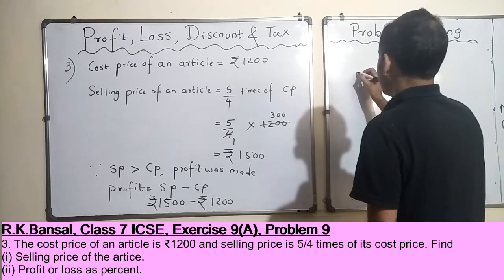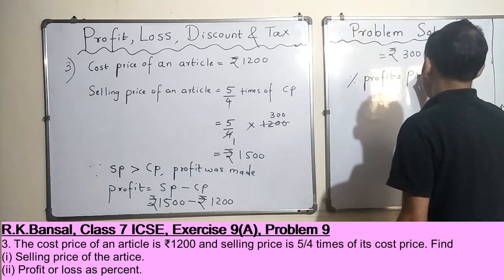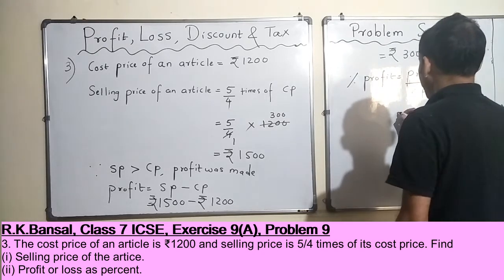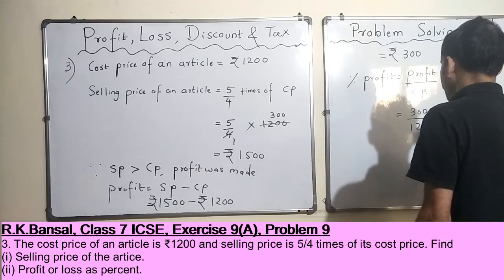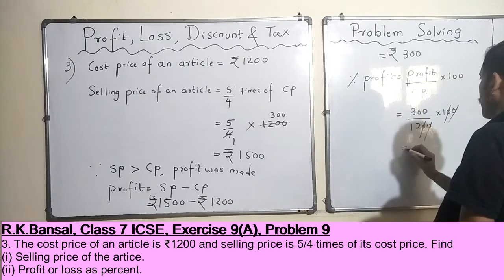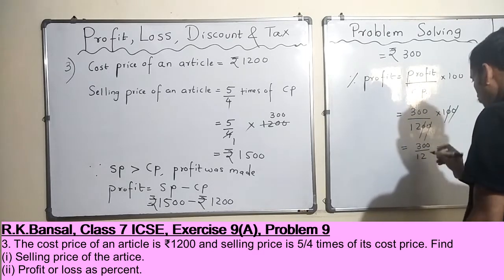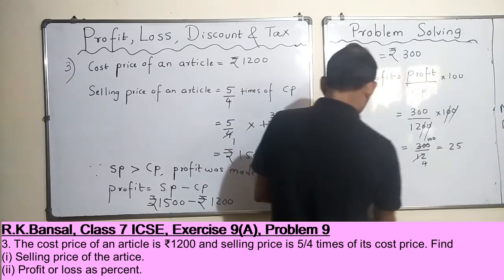Okay, so profit percentage is equal to profit. Just remember the formula, just write it down and substitute the values. There is nothing more to be done. Okay, now you know the profit 300 rupees, you know the cost price 1200 rupees into 100. This gone, this gone, this gone, this gone. Okay, so this is 300 by 12 is 3 4s are 300s are, it is 25, right? So profit or loss percentages you can finally write down.